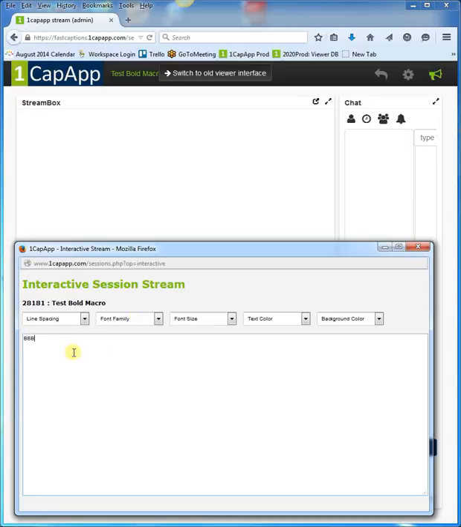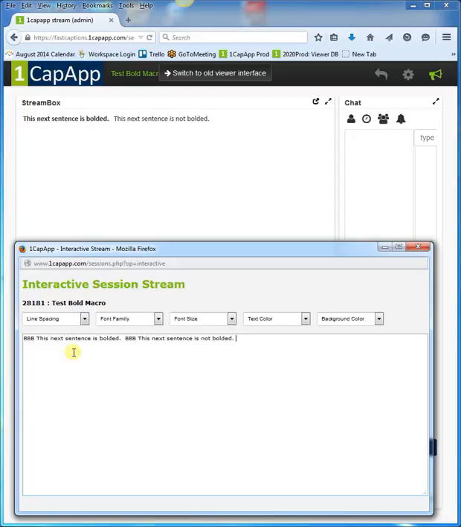So I'm going to do BBB, which is my bold macro. Notice it doesn't show up on the screen. But now I'm going to say this next is bolded, but then the bold macro is going to turn it off, and I'm going to say this not bolded.